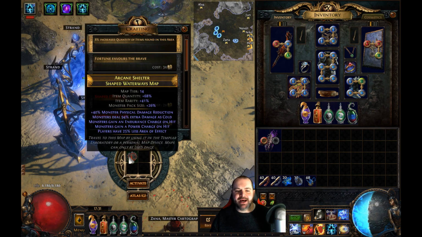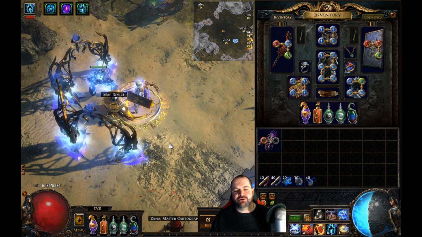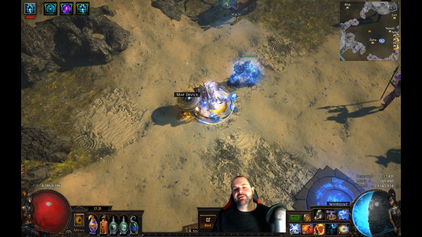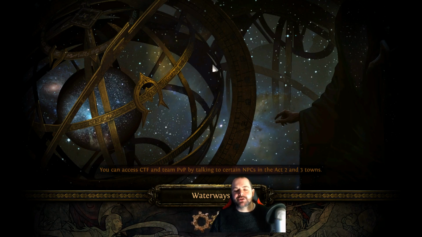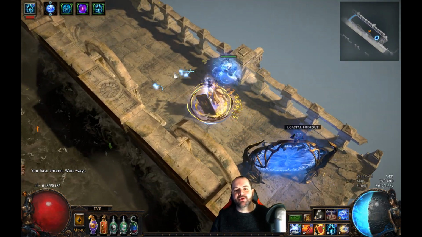shaped Waterways map. Nothing special, I just want to show you really quick. Not going to pick up loot or do anything like that. I just want to run through and show you what I do and what the build looks like as it runs. So as soon as I get in, as long as I remember, what I do is I cast my